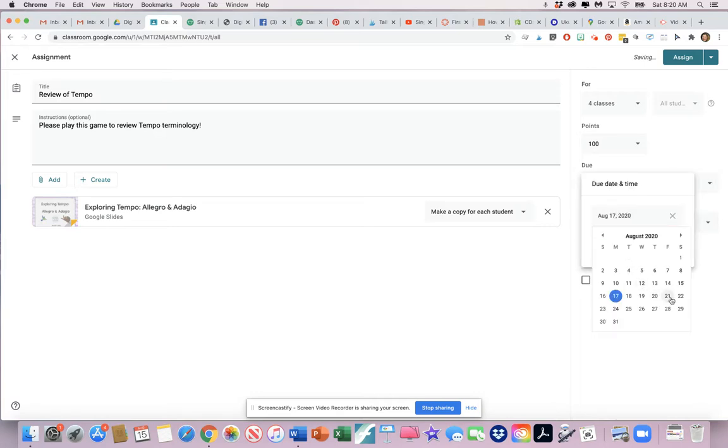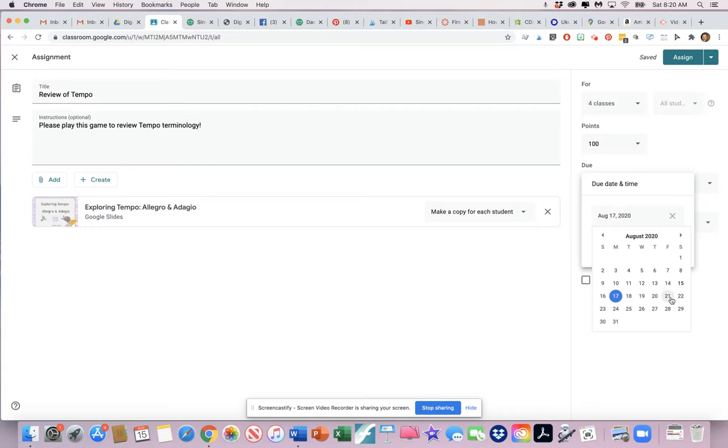I like to add a due date just as a soft target for students to go, oh, I do have some music work due today, but I want you to know I use the word soft target because I accept any work when it comes in. I realize that not every family has the same opportunities and availability to learn. Some of my kids are doing the work during the school day as I'm teaching. Some of my students are doing the work once mom and dad get home and they finish dinner, and they're doing work in the evening. Some of my families are doing the work on the weekends when they just have the free time to get it done. So I use my due date as a soft target,